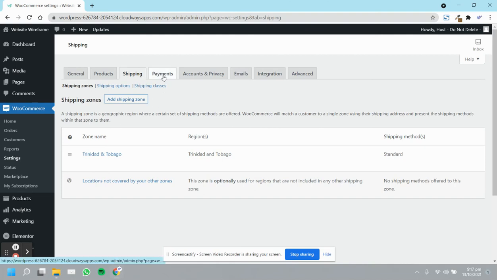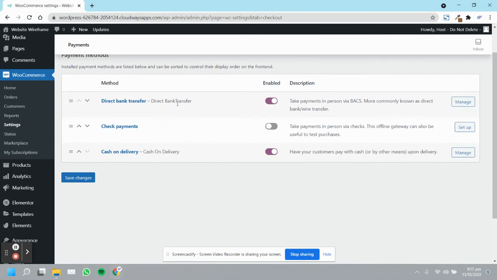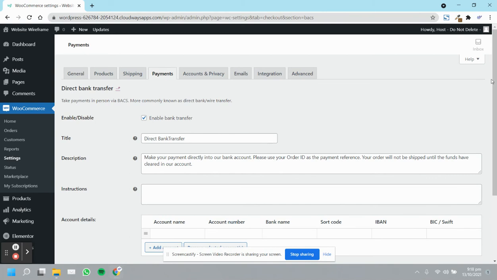But let's click payments. Here you will see all of your payment gateways, like direct bank transfer, check, cash on delivery. And if you want to edit something, let's say the bank transfer information, let's say you've got a new bank account and you want to edit that, you can simply click the manage button that's located here and